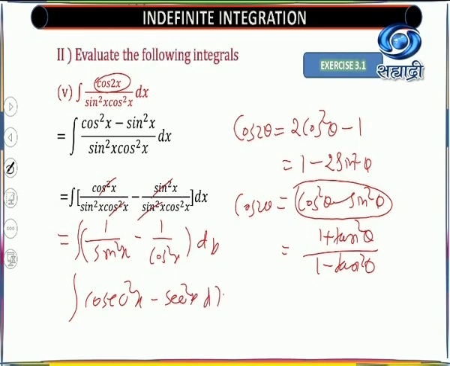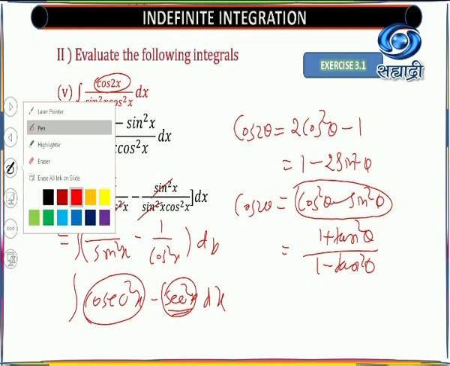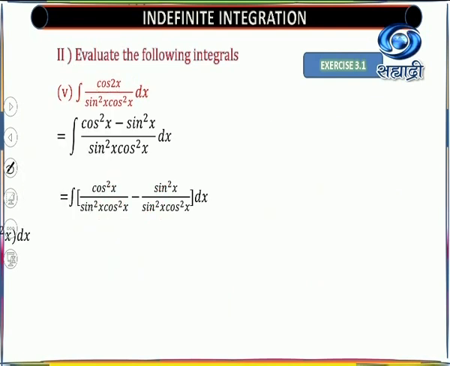Once you know this, you know the values of the given function, because whose derivative is cosec square? Cosec square is the derivative of minus cot. And whose derivative is sec square? Sec square is the derivative of tan x. Means here you are using the definition to think of the antiderivative in the reverse direction. Then only you are able to solve your example. So we'll start with that example. You will get the integral of cosec square x minus sec square x dx.